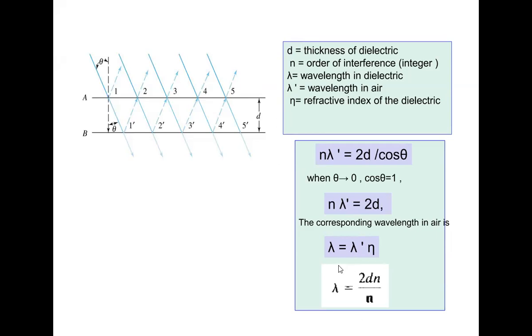So you have this lambda is equal to 2dn over n, those are two n's here. You have to be aware, those are two different n's. What does the first n stand for there? Okay. So you want to be sure to define those two terms. So the n on top,